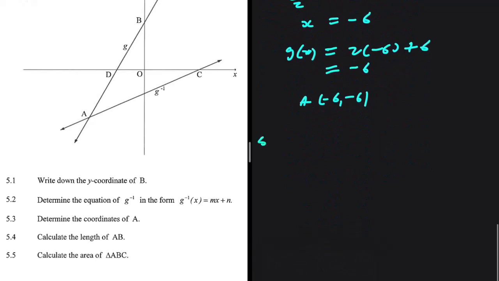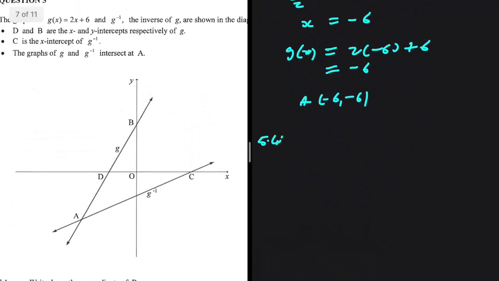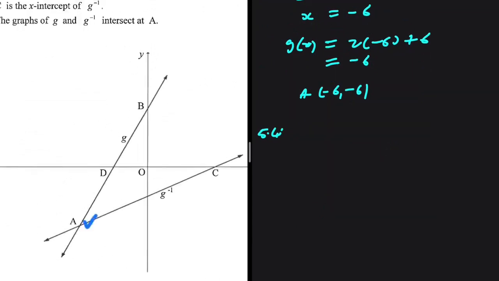Let's take a look at 5.4. In 5.4, we're looking for the length of AB. We have the coordinates of A and we have the coordinates of B. So finding the length of AB should be pretty much straightforward. We're going to have AB equal to, we're going to use the distance formula, that is the square root of x2 minus x1 squared plus y2 minus y1 squared. This will be equal to